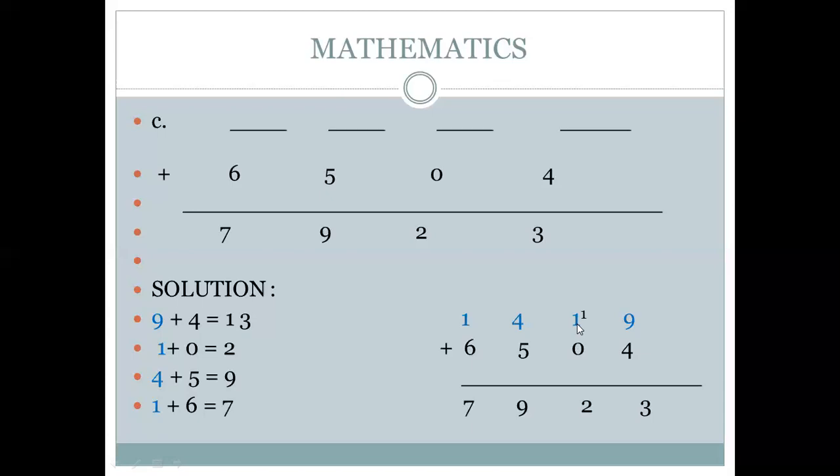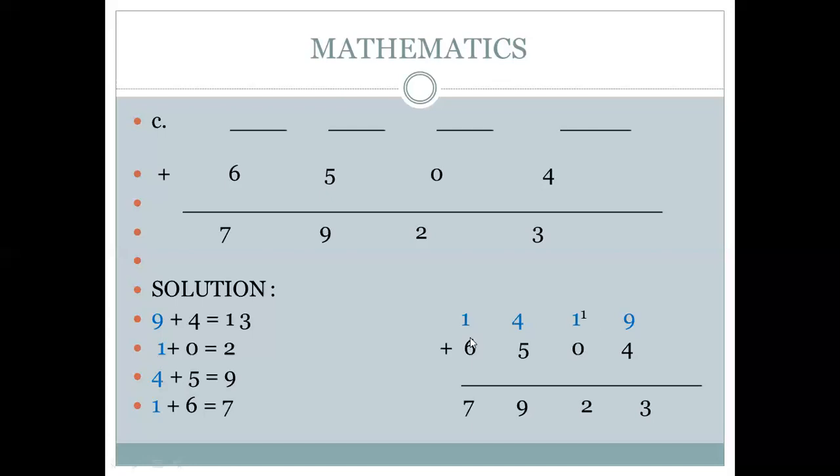In the second number, the answer is 2. So what do we add to 0 to get 2? We have already carried 1 over there. Remember this, that we carry the 1 of 13 over there. So it means we only need 1 for 2. It means the missing number will be 1 because we already carried 1 there. 1 plus 1, 2.